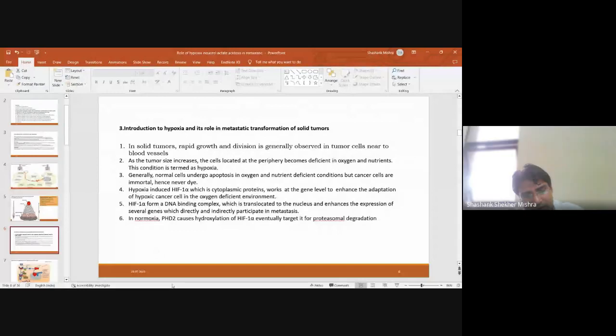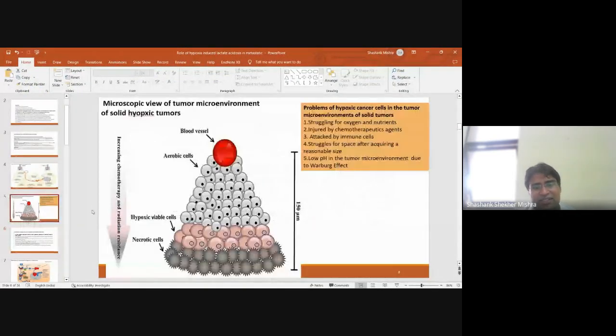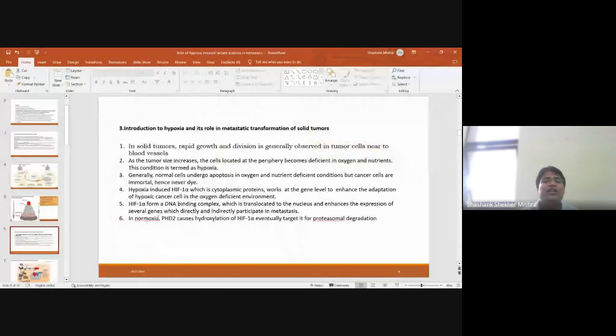Okay. So cancer cells never die. They still keep on dividing. Now, the question is, what helps them keep on dividing in an oxygen-deficient environment? For their survival in the absence of oxygen, when they do not get an adequate amount of oxygen, in these cancer cells, a cytoplasmic protein known as HIF1 alpha, hypoxia inducible factor 1 alpha, helps these cancer cells adapt and sustain themselves in the hypoxic tumor microenvironment. Now, how does this HIF1 alpha protein